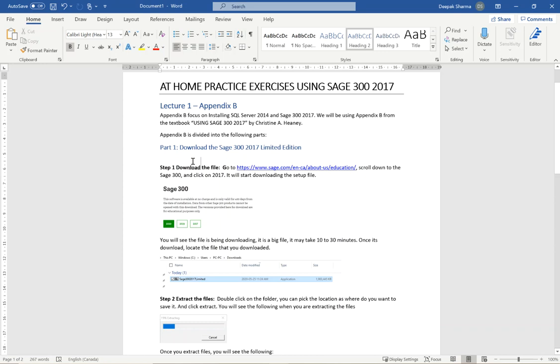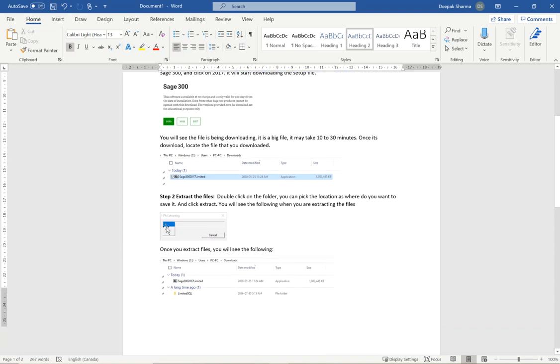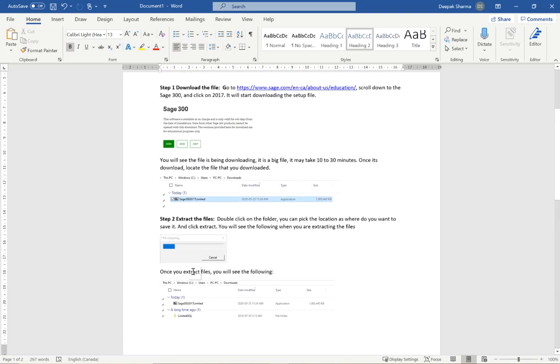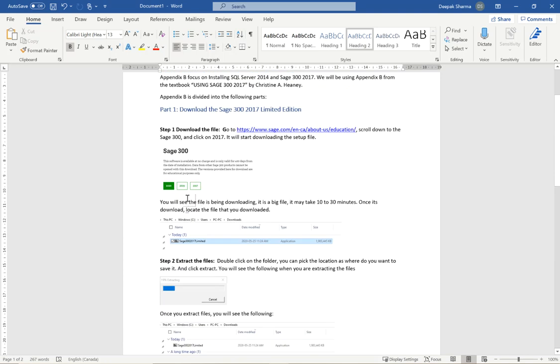There are two ways. I think there's a CD that comes with the new textbook. I don't know if that has the software file. If it does, then it's great that you don't need to go online. You can put the DVD into your computer and jump straight to step number 2 to install the SQL. But if you don't have the CD, or you don't want to use it because it may have been created at a time when students were facing some issues, and you don't want to go through those issues,